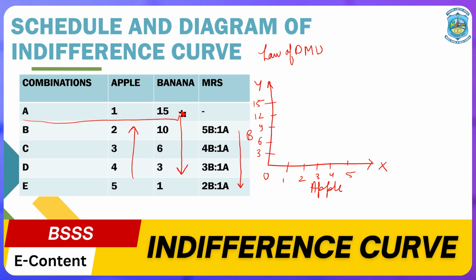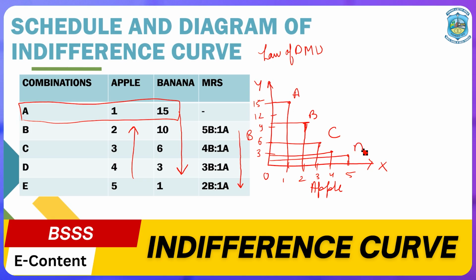Now we will try to plot these combinations. For combination A, it is 1 apple and 15 banana. So I will plot it as combination A. For combination B, it is 2 apple and 10 banana. For combination C, it is 3 apple and 6 banana. For combination D, it is 4 apple and 3 banana, and for combination E, it is 5 apple and 1